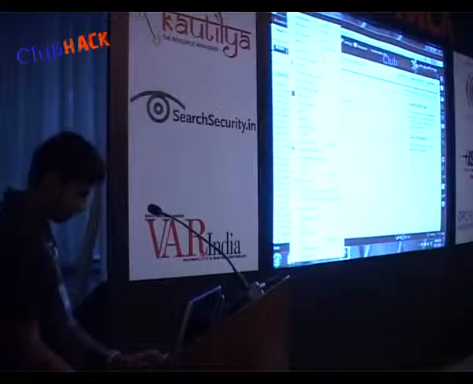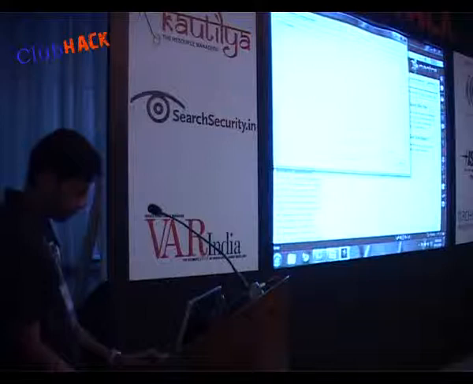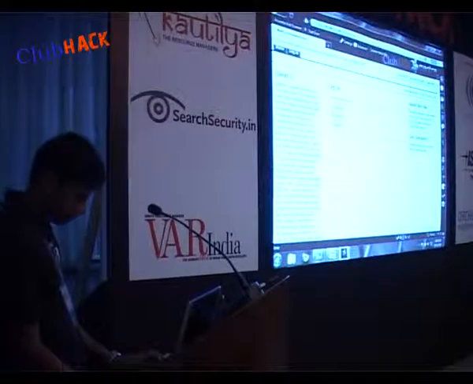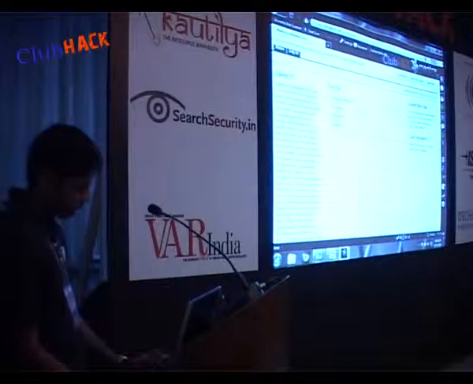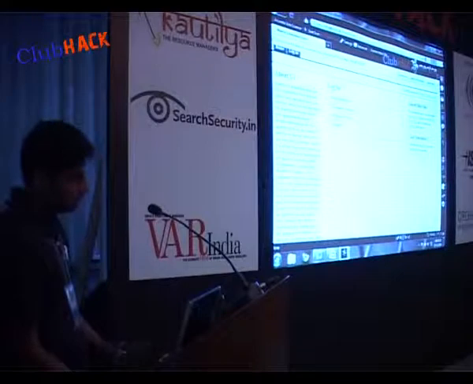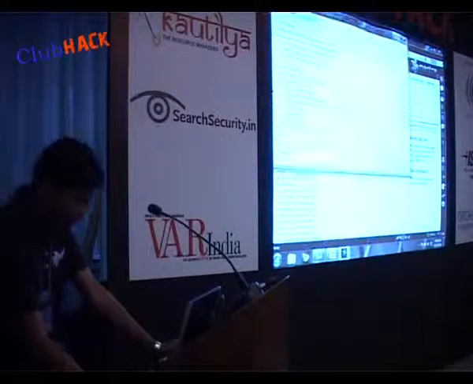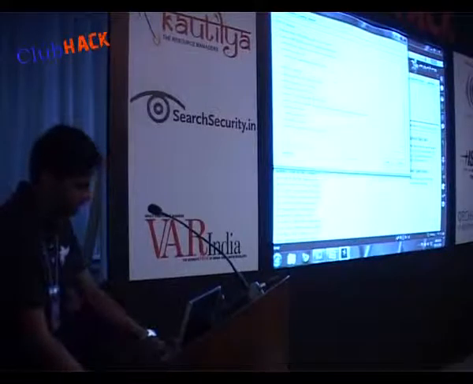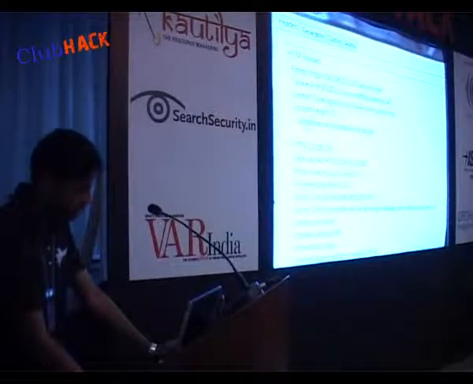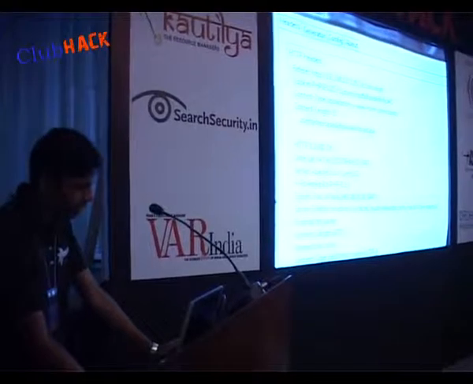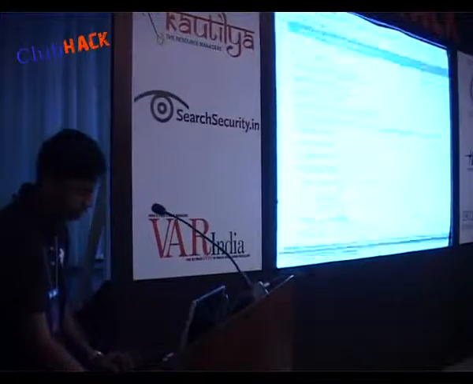I'll be using Live HTTP Headers, and let me try some random username and password, and I'm trying to log in. You can see that in that packet the username is this one and the password is this one, so I can regenerate it.